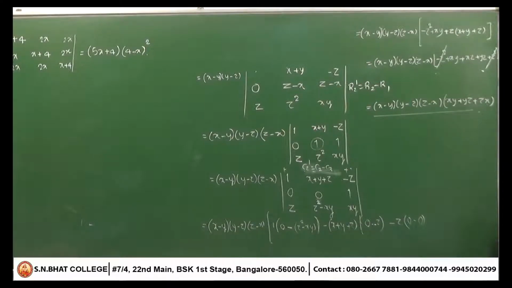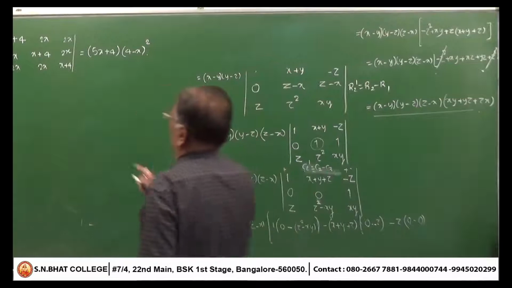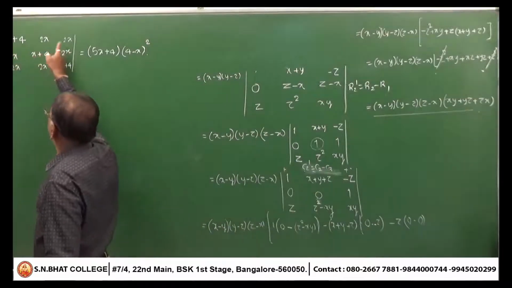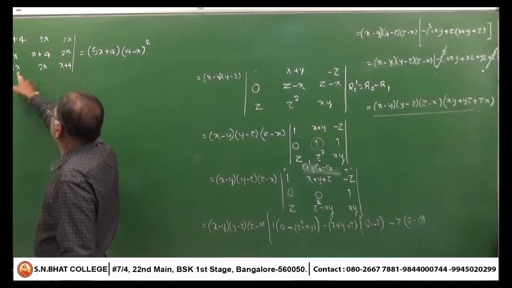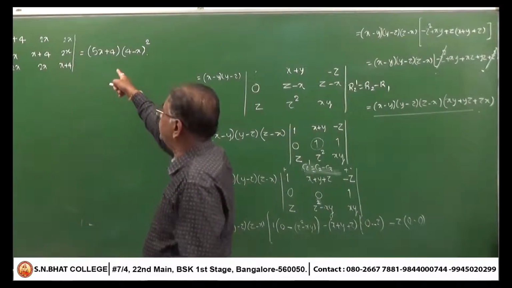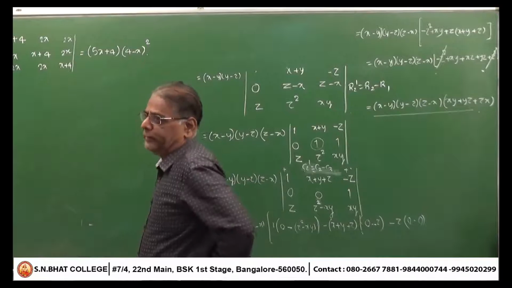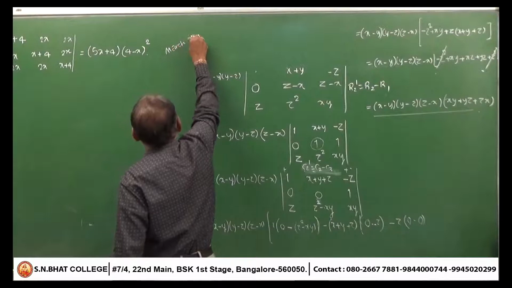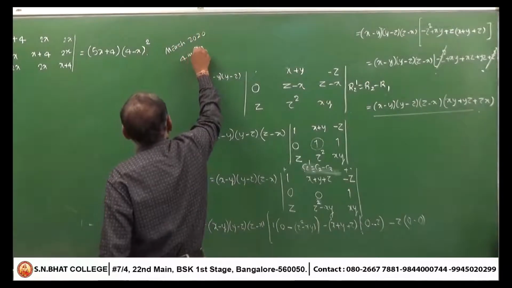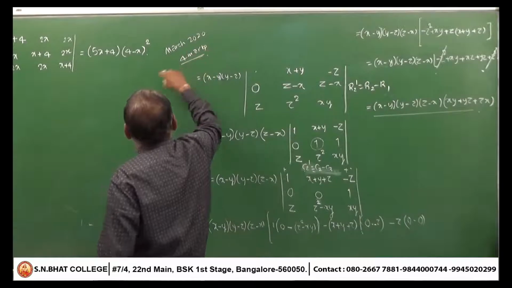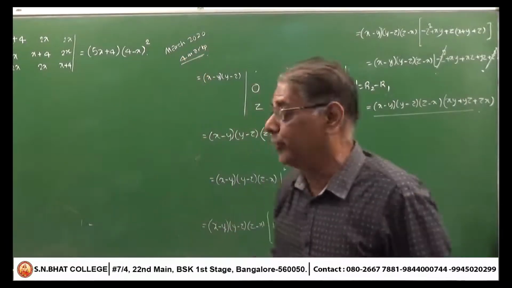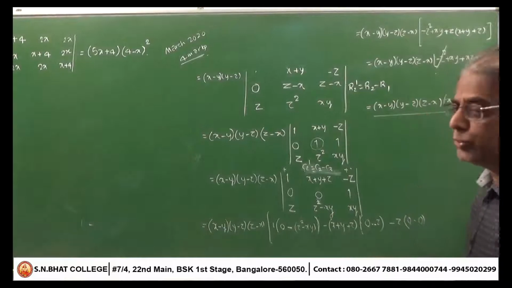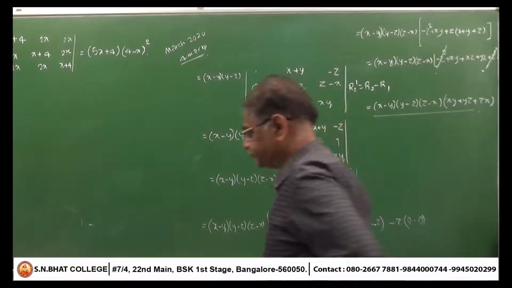Students, all of you have taken the previous problem. See, next problem is prove the determinant of x plus 4, 2x, 2x, x plus 4, 2x, 2x, x plus 4. Answer you should get 5x plus 4 into x minus 4 whole square. This question appeared March 2020 for 4 marks. Now evaluation is going on. In this paper, this question appeared for 4 marks.